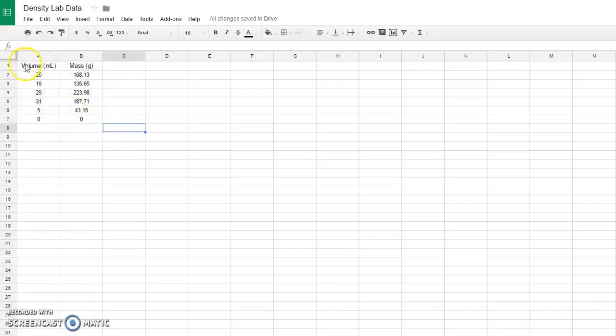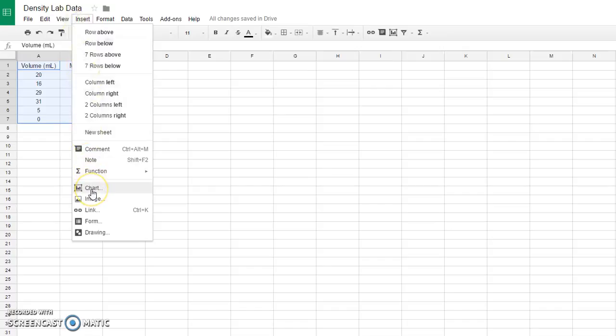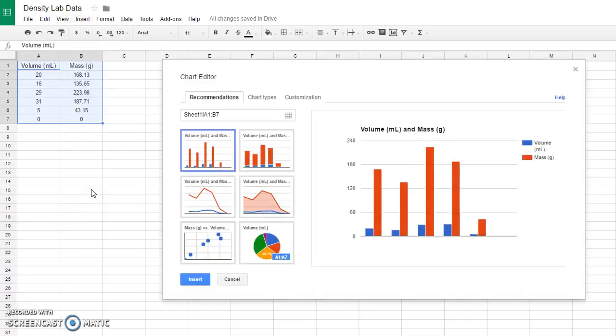I also want to point out that you'll notice that I've included volume and mass, the words, as the first cells in each column, because that will then allow them to automatically insert once we do our graph. Now, very important, you want to highlight the data first, and so you see I just dragged and highlighted the data. Then you go to your insert and you're going to scroll down to chart, and usually it